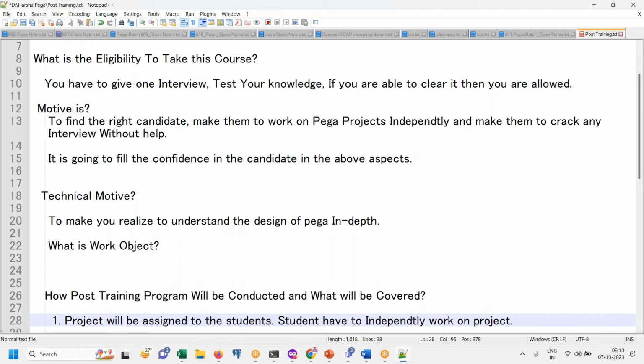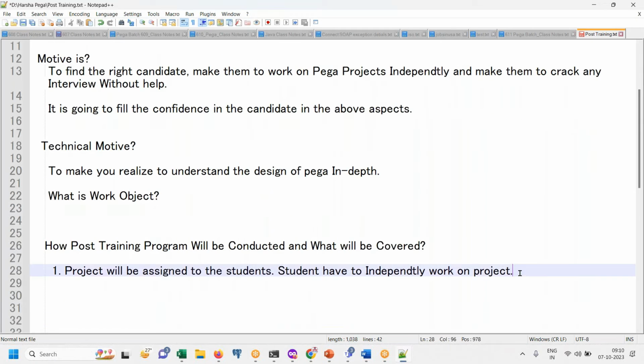When I have all the knowledge, then why should I join this program? Many people have knowledge of the technical answers, but they don't know how to implement. You learn implementation only when you do it independently. We make you do it independently. We will not be teaching what is a decision table, how a decision table works, or what is SLA, how SLA works. This will not be taught in the post training. As the name says, post training is a training in a different way, not teaching and then asking you to do it. So the student has to work on the project independently, and once in 2 days,